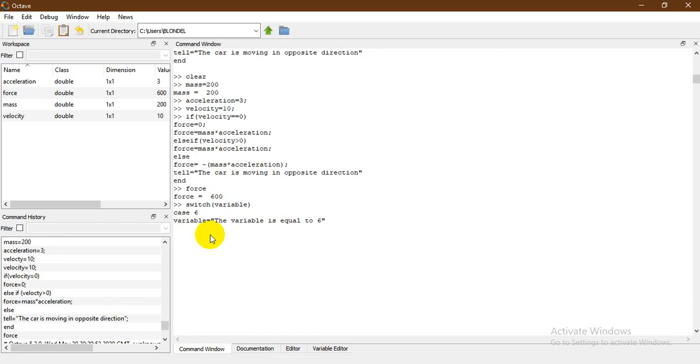I can start with 1, 2, and 3, so this is 1. I've already placed it in the loop, so I'll just say 6. I place a semicolon, and I place case